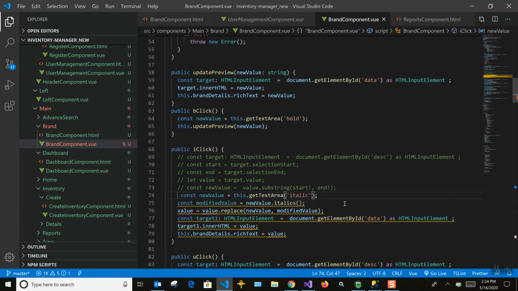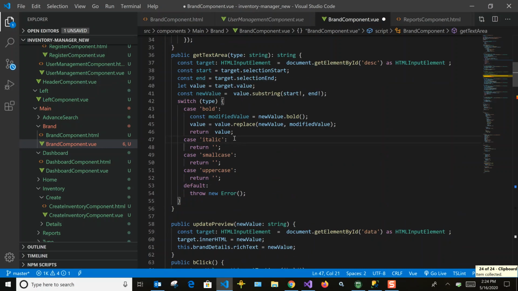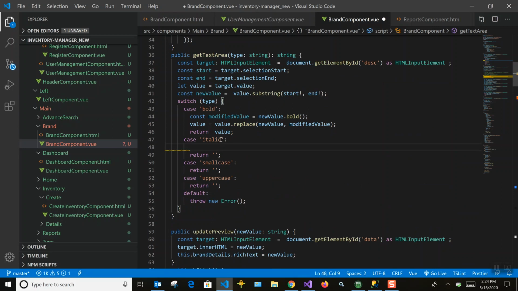So what needs to be done when it's italics? Just take this from here. So here, italics.